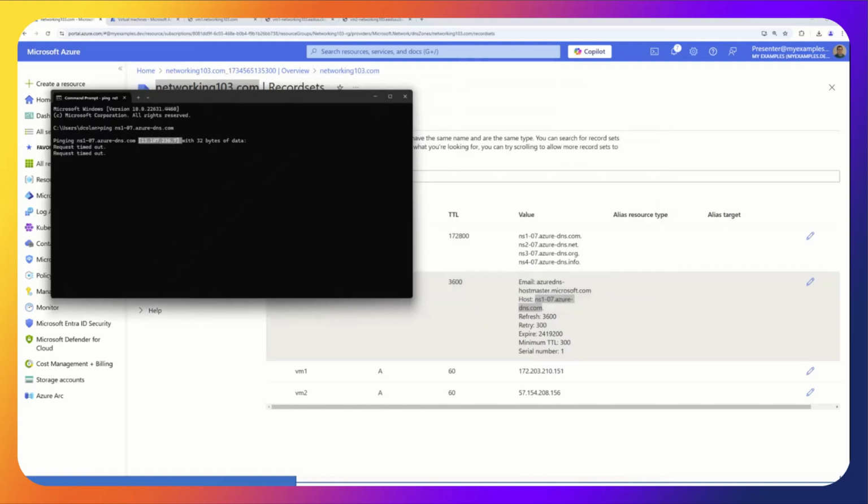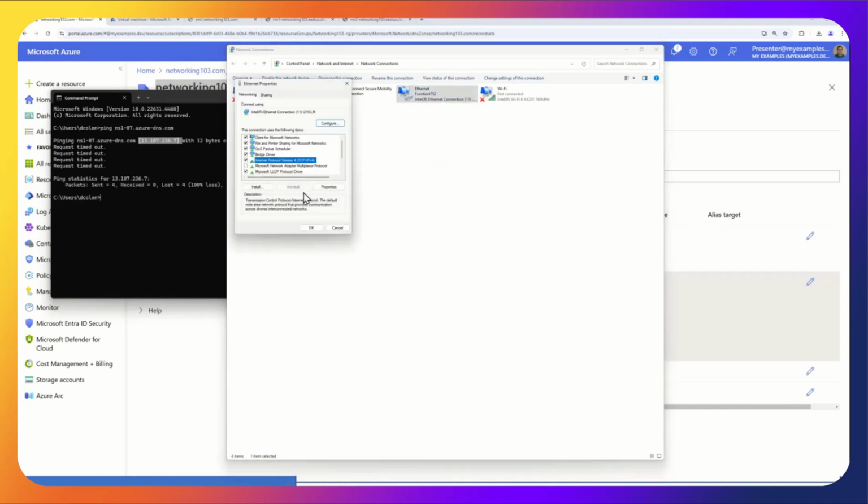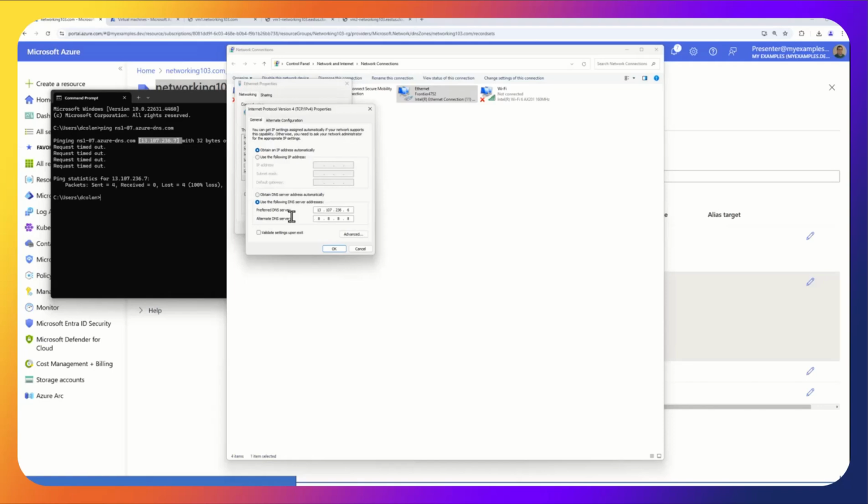Like I said, I don't know if I can remember that short-term memory, but that's fine. So now I'm connected via Ethernet. I'm going to go to properties. I already had this set up for the other one, but I'll change it. So usually you have obtain DNS server address automatically. Well, I can say, hey, I want to go to this DNS.